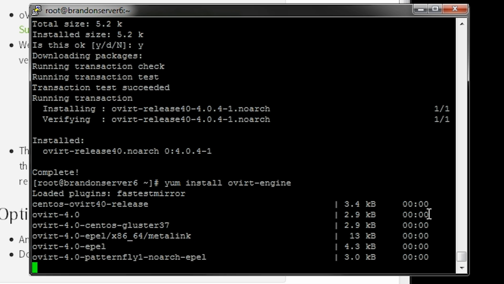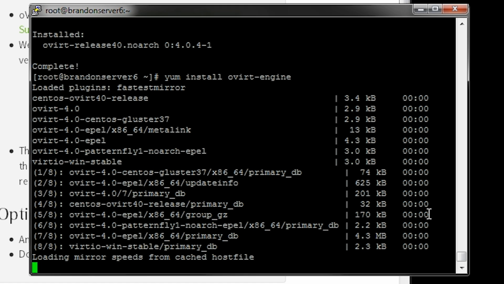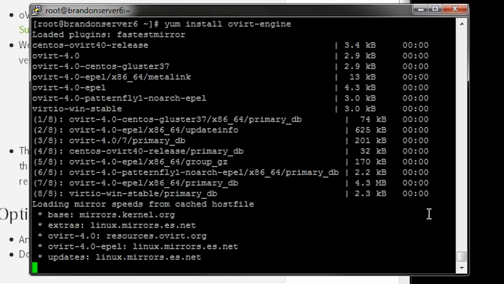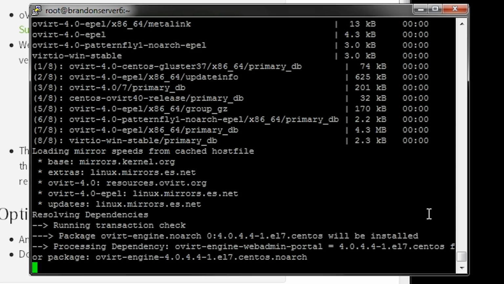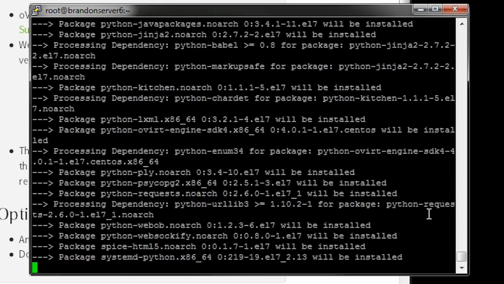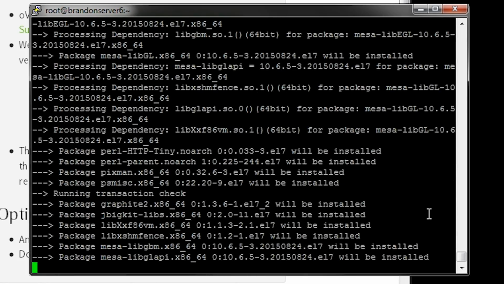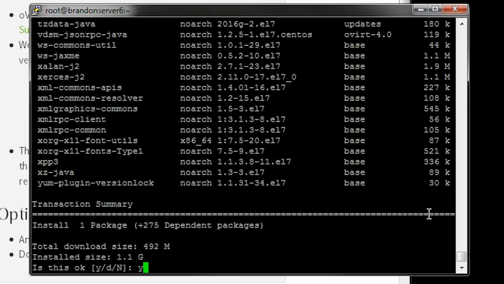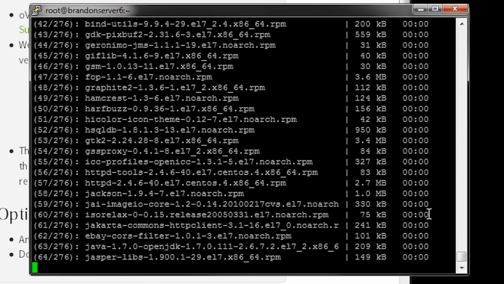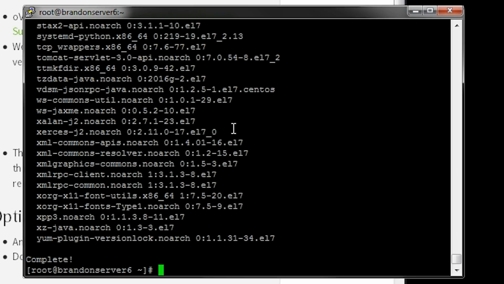You have to have this engine to run it, and there's two ways to do it. You either install it on a bare metal server like I'm doing right now, or on a VM that's kind of pre-configured for this. VM's a bit more complicated, so we're going to just do the simplest single system thing. There's a ton of stuff it has to install. It says it's going to use over a gigabyte install. It takes a while. Now that oVirt's installed,